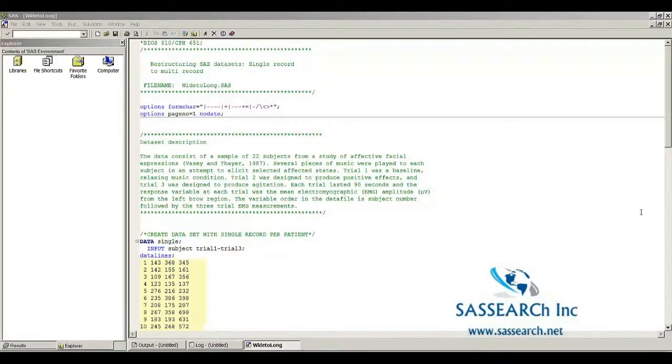SAS demonstration: restructuring SAS datasets, single record to multi-records. The data we are going to use for this demonstration consists of a sample of 22 subjects from a study